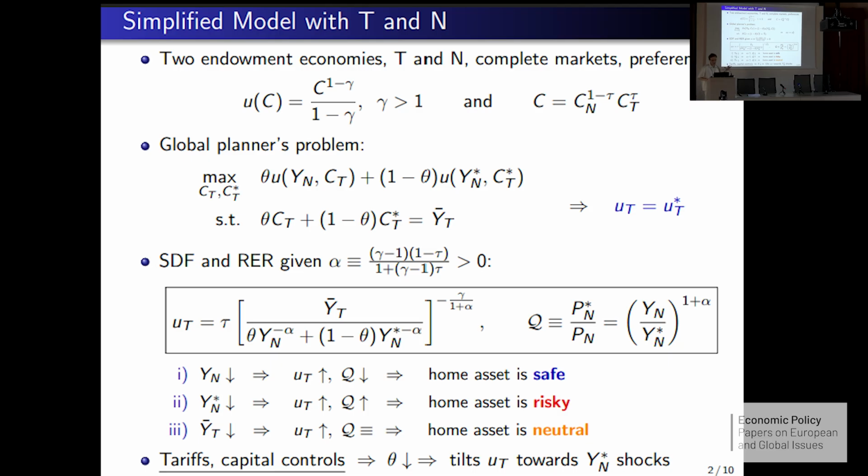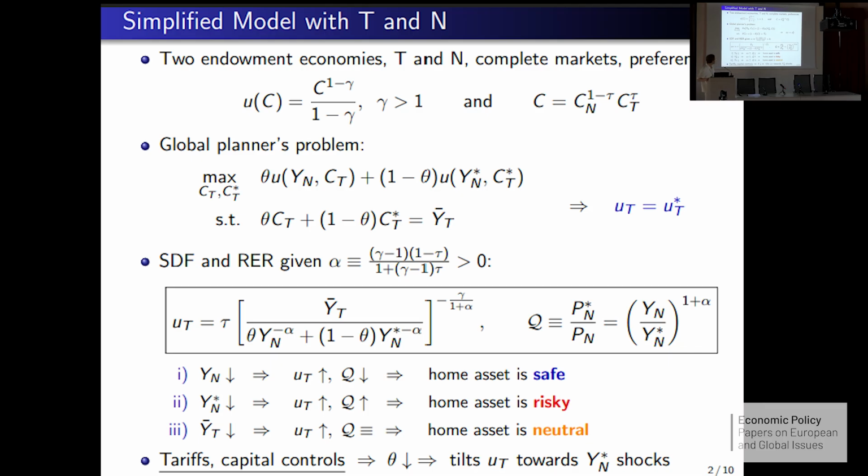Well, the way they do it in the paper, it's much more kosher. They just put a wedge in the risk-sharing condition. In more reduced form, you can just think of this as decreasing the number of people participating in this global risk-sharing in the home economy, right? It's as if theta goes down. You just give local non-tradables to some of your home agents, and they don't participate in financial markets. They don't share the risk, and they don't trade.